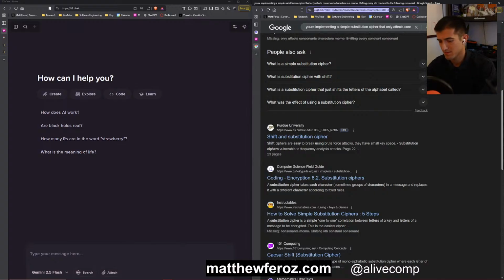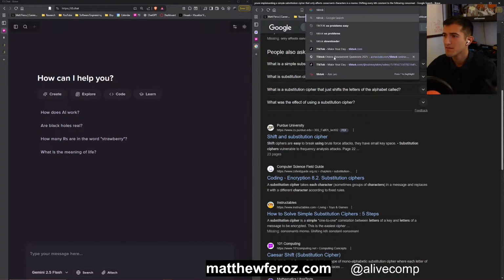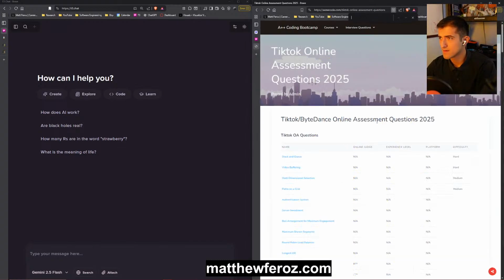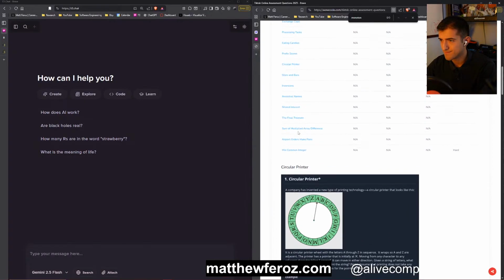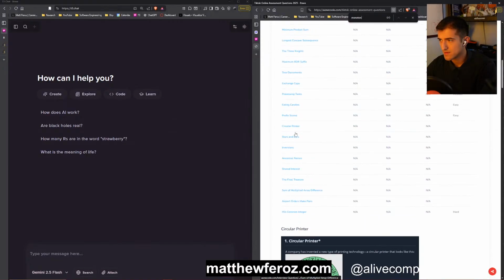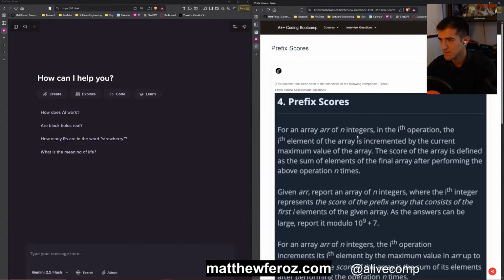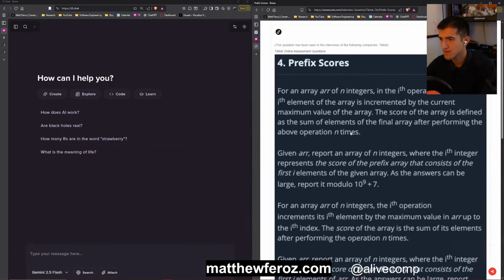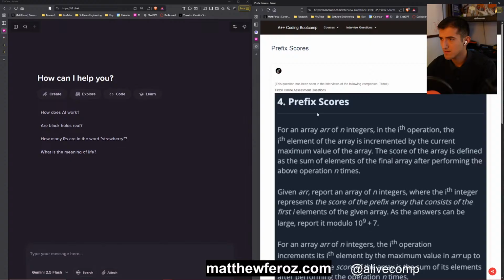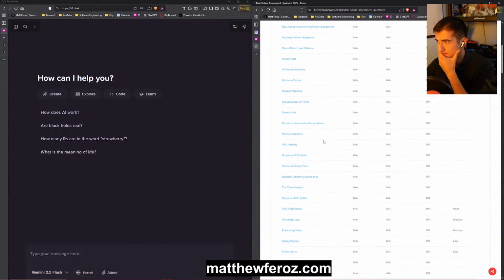Monotonic. For an array, AR of energies in the ith operation. This is the fourth problem, so that might actually be hard. No?